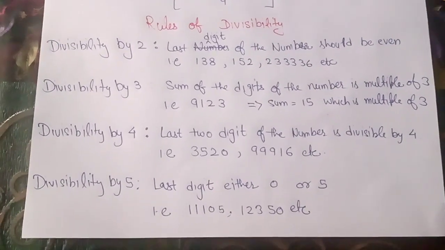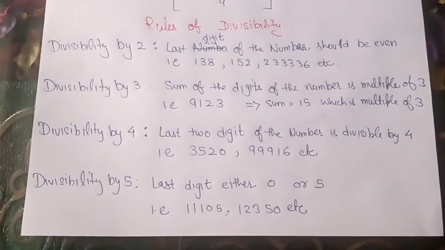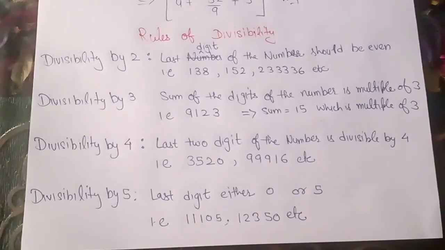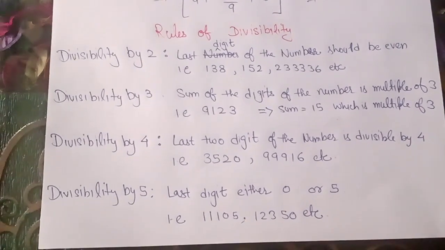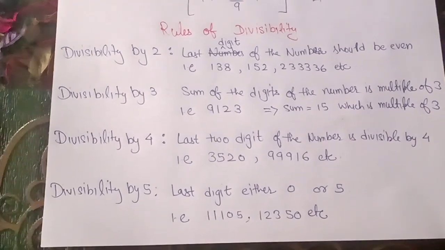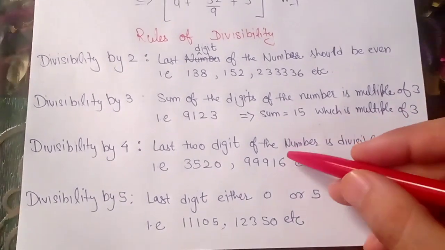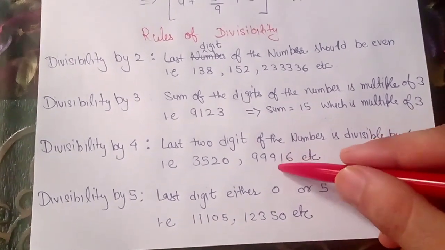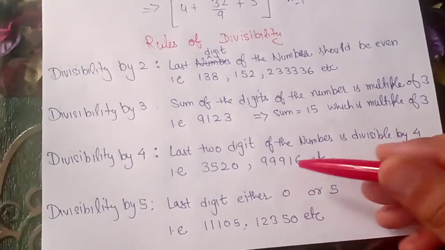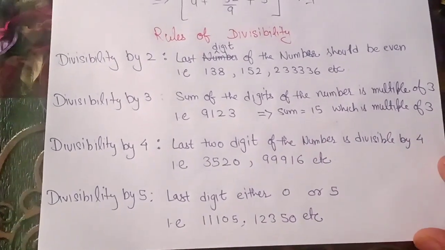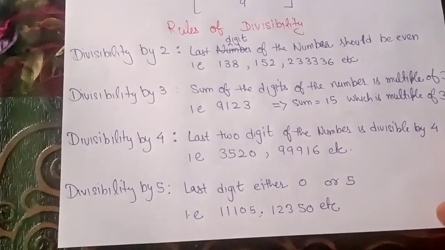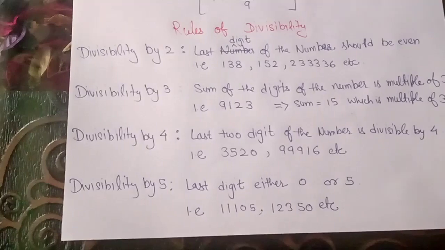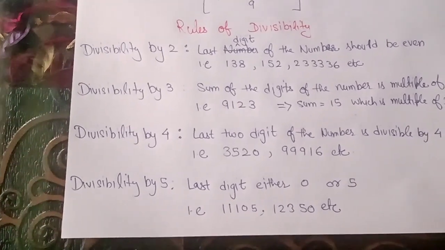So divisibility by 4. Same as divisibility by 2 that we have discussed. The last two digits of the given number should be divisible by 4. Then that number will be divisible by 4. So in this you need to focus on this only. 16 is divisible by 4, so we'll say the number is divisible by 4. The next point, divisibility by 5. If the last digit of the given number is either 0 or 5, then we will say the number is